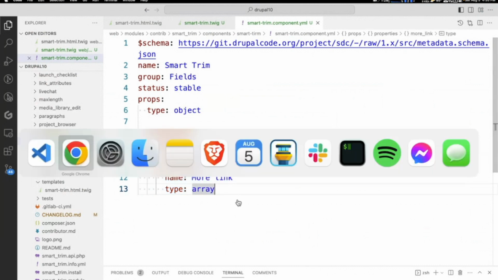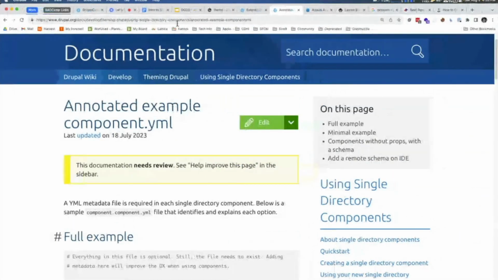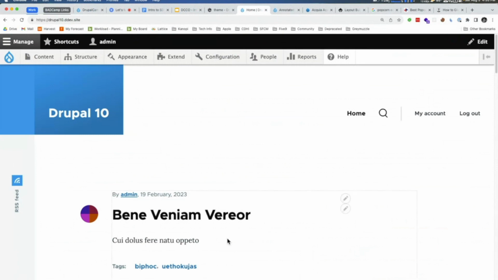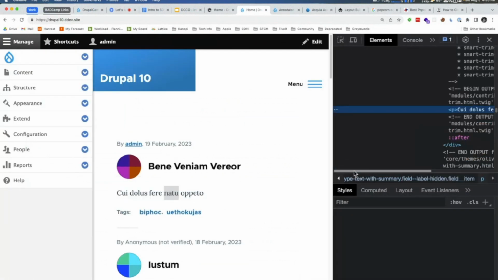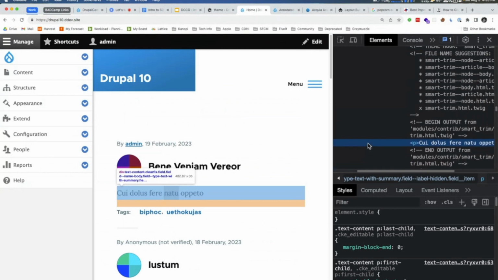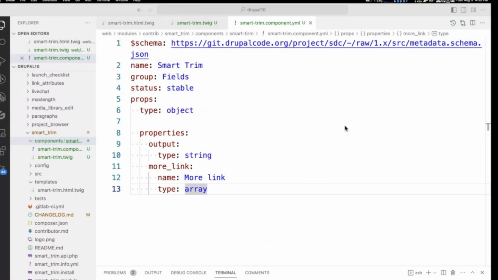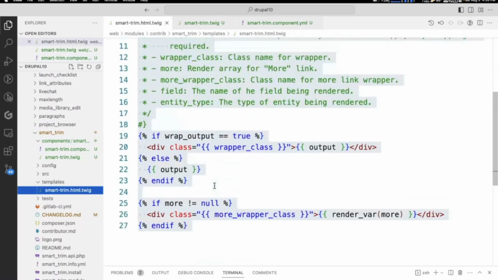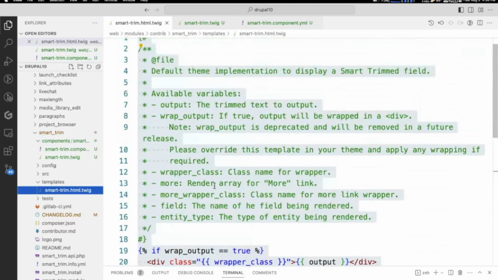So now if we go to the website here and we extend it or go back to the home page, you're going to notice nothing because we have not actually told it to use the component yet. So what we need to do is actually go to the template twig, this guy. And what we're going to do is there's two things that you can do.